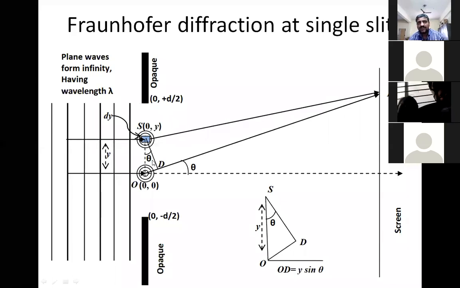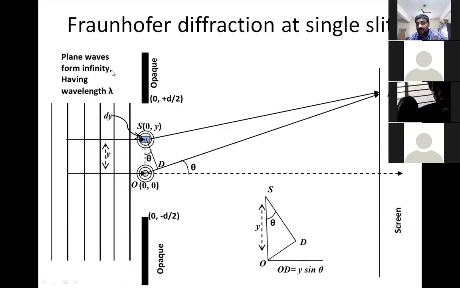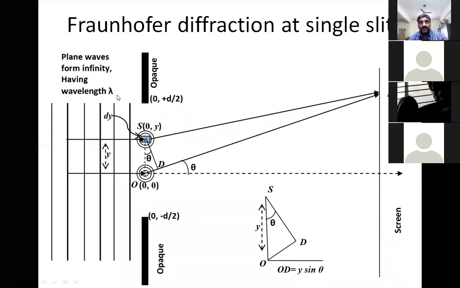So the small d is actually of the order of lambda, meaning the wavelength and d are comparable. Don't think that the slit is 10 centimeter or 20 centimeter long. It is of the order of a few microns. Then only you can see the diffraction effect very clearly. You can see the fringe patterns due to diffraction also. Those are pronounced only when the slit size d is comparable with the incident wavelength lambda.